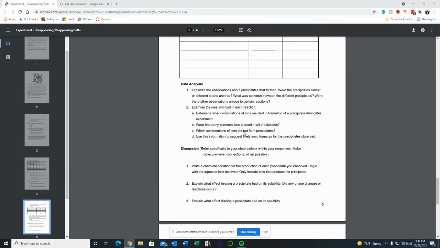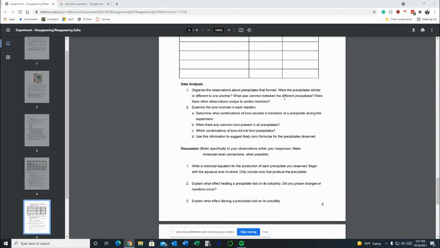So let's talk about your data analysis. So question one of your data analysis is asking you to organize the observations about your precipitates that formed, which of them are similar and different, what was common, and if there are any unique observations. This goes completely back to the observations you made during your experiment. You're just going to compare and contrast the various things that form precipitates and see if you can come up with any common traits. So this is a 2-point question for your report. So I expect pretty detailed answers here on what was similar and what was different, if any of them stood